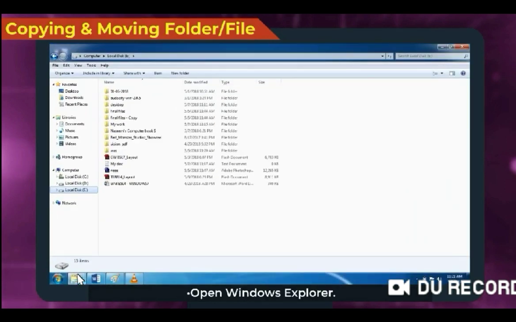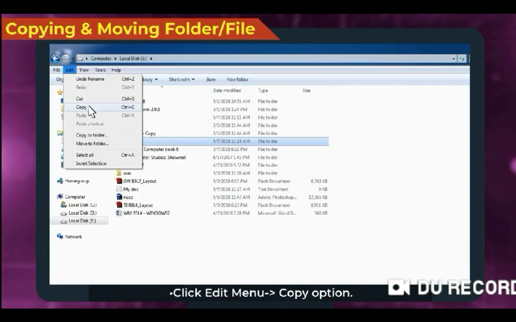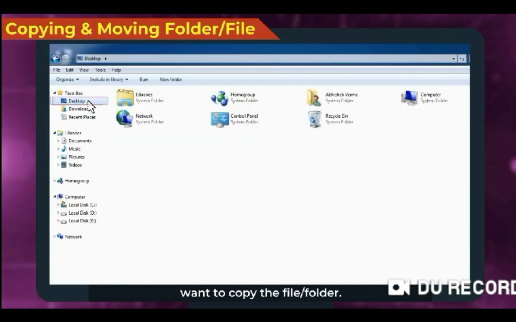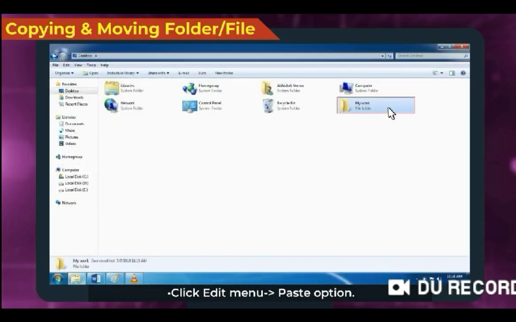Open Windows Explorer or File Explorer and then click the file or folder to be copied. Suppose my work is the folder, then click the Edit menu and select the Copy option. Now select the location where we want to copy the file or folder. Suppose I want to copy to the desktop. Click the Edit menu and click the Paste option. So this way your file will be copied.